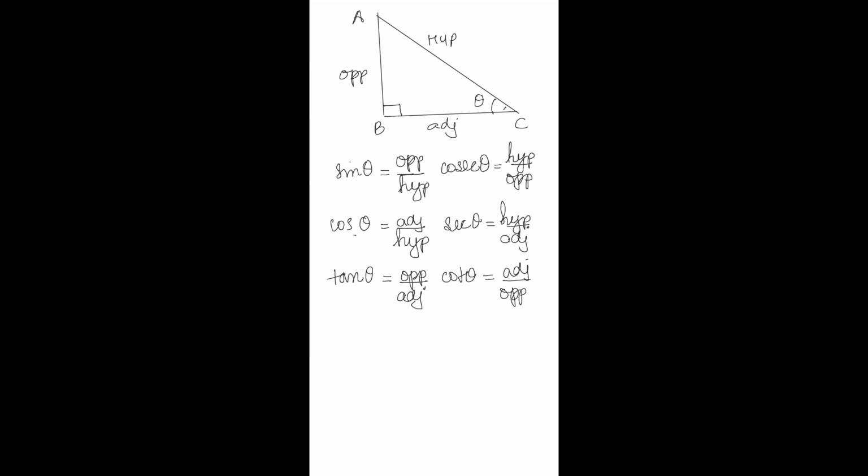So this is the first set of formulae of trigonometry. And you know what this formula is called? These are called the definitions. They are the definitions of trigonometric ratios. If somebody comes up to you and asks you, tell me what is sine theta? Define sine theta. So your reply should be, it is basically opposite upon hypotenuse of some right angle triangle. Okay, tell me what is the definition of tan theta? Tan theta is basically the opposite upon adjacent of some right angled triangle with respect to angle theta.